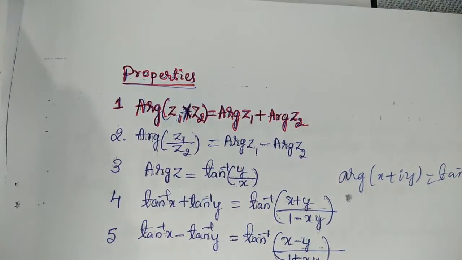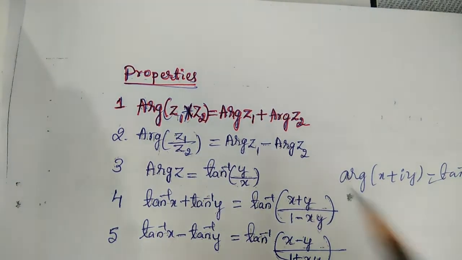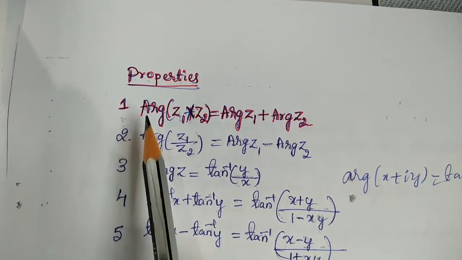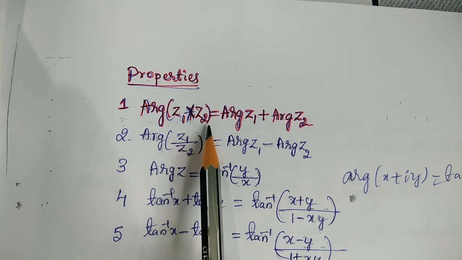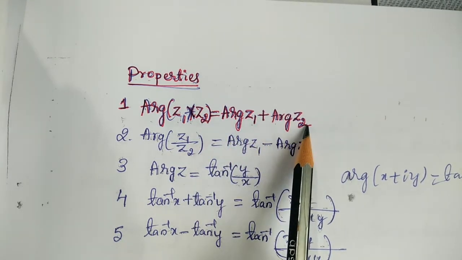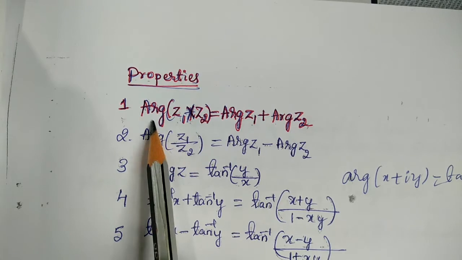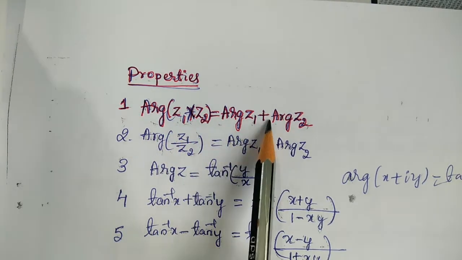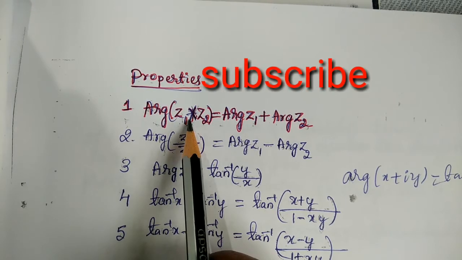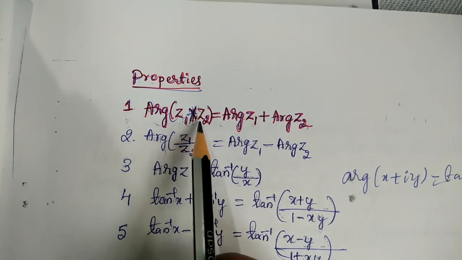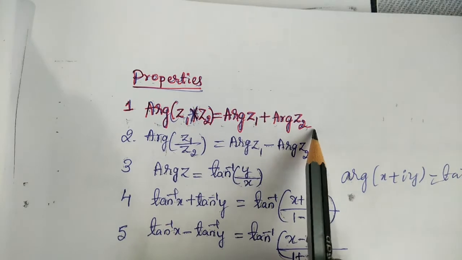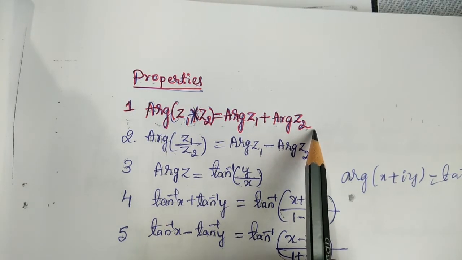Next, the next set of problems are different from previous problems. So here we need these properties, which are related to argument. So properties, the number 1 property, argument of z1 into z2, the multiplication becomes arg of z1 plus arg of z2. So we know that what do you mean by arg? Argument or amplitude. Argument is nothing but tan inverse of y by x for a complex number. So argument of z1 into z2 is equal to argument of z1 plus argument of z2. If you have multiplication, then just apply this rule, that is product rule, arg of z1 plus arg of z2, which is similar to logarithms.